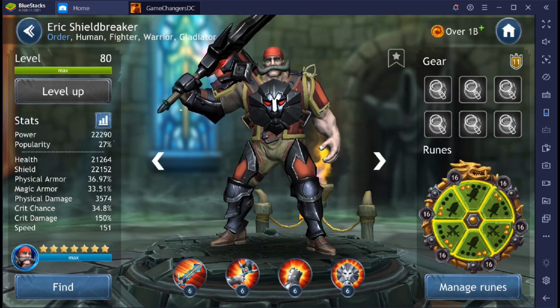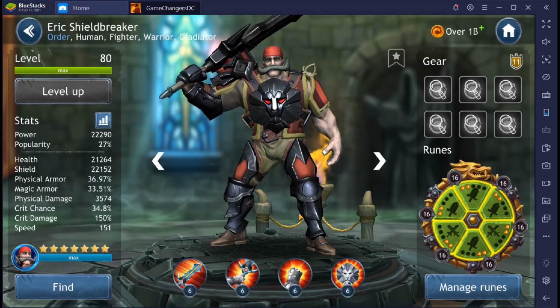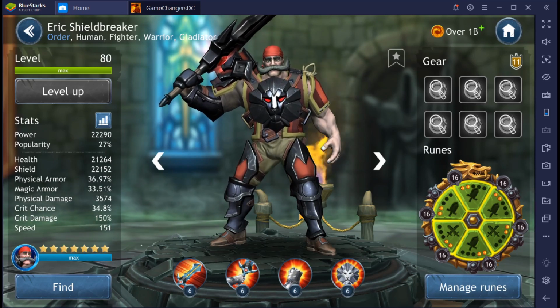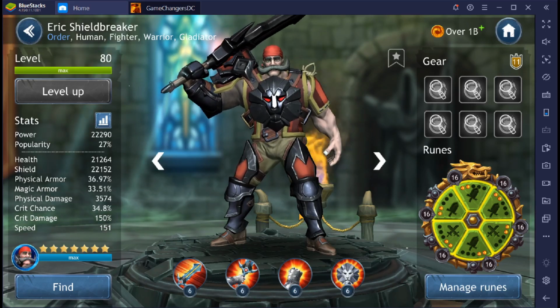So all in all, I was extremely happy how we got Eric Shieldbreaker built. He is a damage machine. We brought up his speed and his tenacity so he isn't taken out of the battle and he can get that Rousing Cry off. So let's take a look at his abilities at level 2